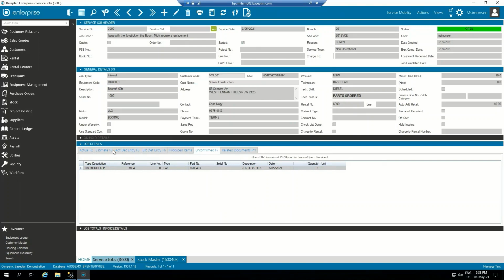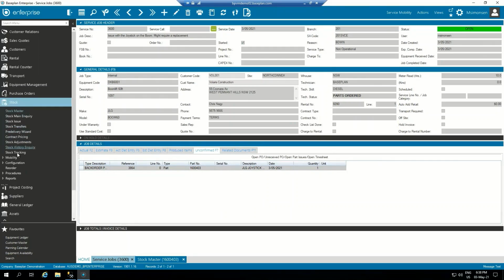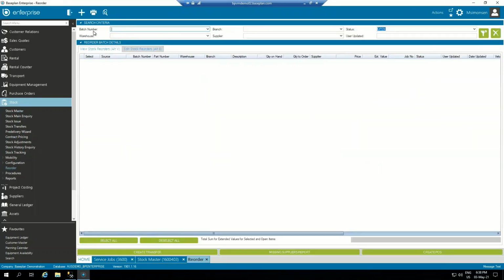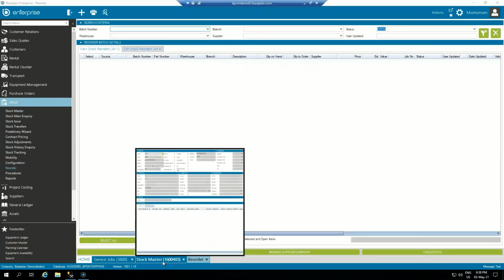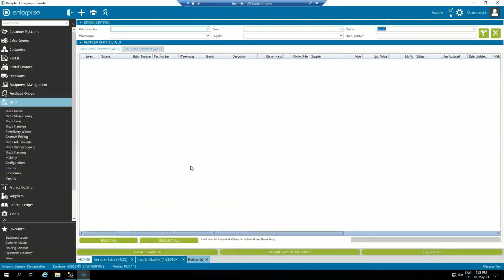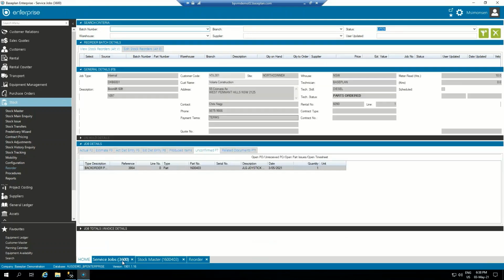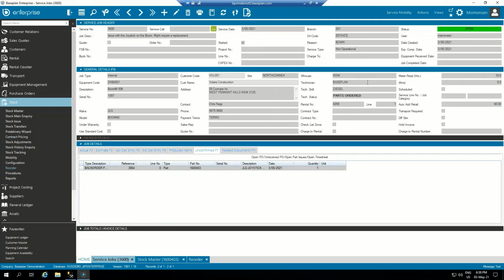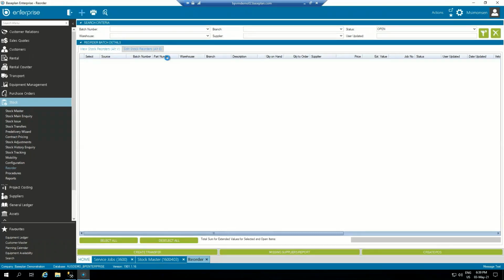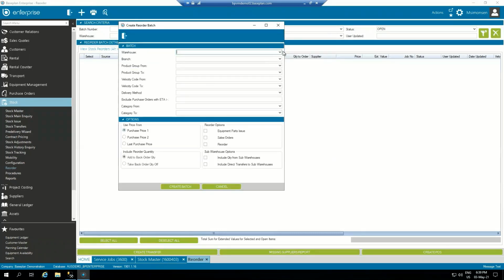So if I went to stock and reorder, and I was to replenish that person's van, which is, where do we have here? Warehouse is New South Wales. So add new, and for New South Wales, just do some parts. So we'll see down here in these reorder options, we've got equipment, parts issue, sales order,